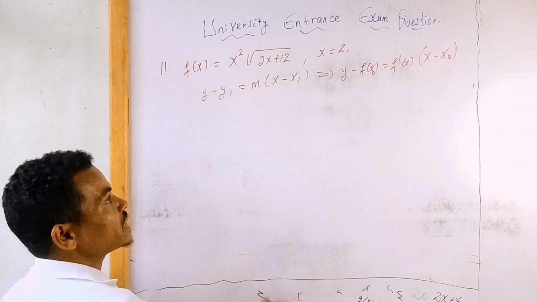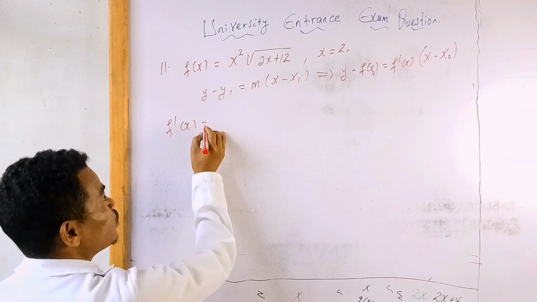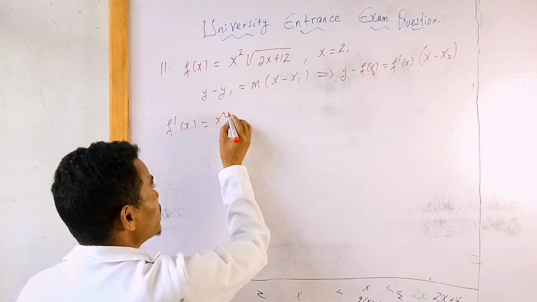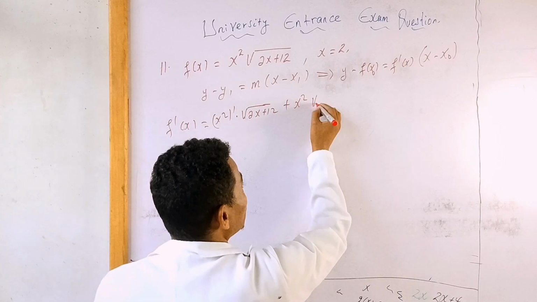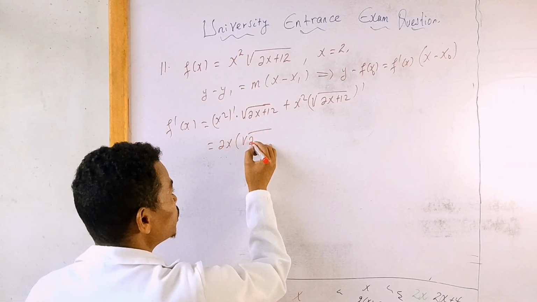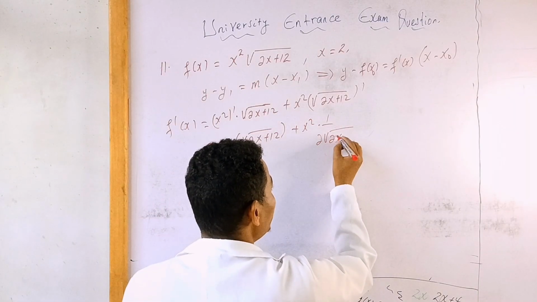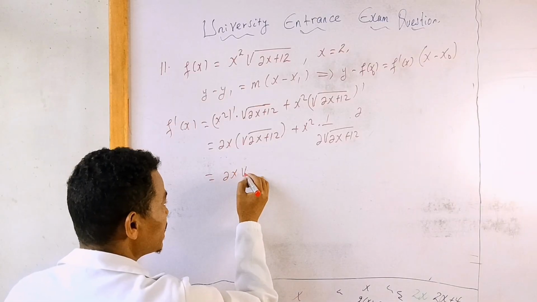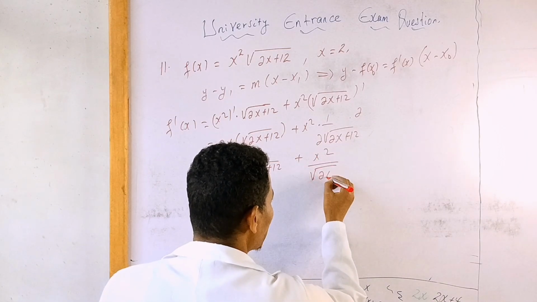ስለዚህ መጀመሪያ ምንድነው የምናደርገው? ዴሪቬት እናደርጋለን። The function f of x derivative at x, ዴሪቬት ስናደርግ we can get the slope of the tangent line እናገኛለን። That is f derivative at x is equal to, ይሄኛው ዴሪቬት ለማድረግ ፕሮዳክት ነው። x square derivative ስናደርግ 2x ይሆናል። That is x square derivative times radical 2x plus 12 plus x square times the derivative of radical 2x plus 12, which is 1 over 2 radical 2x plus 12 times 2x plus 12 derivative, which is 2 ይሆናል። This is the same with 2x radical 2x plus 12 plus, 2 cancel by 2, x square over radical 2x plus 12 ይሆናል።